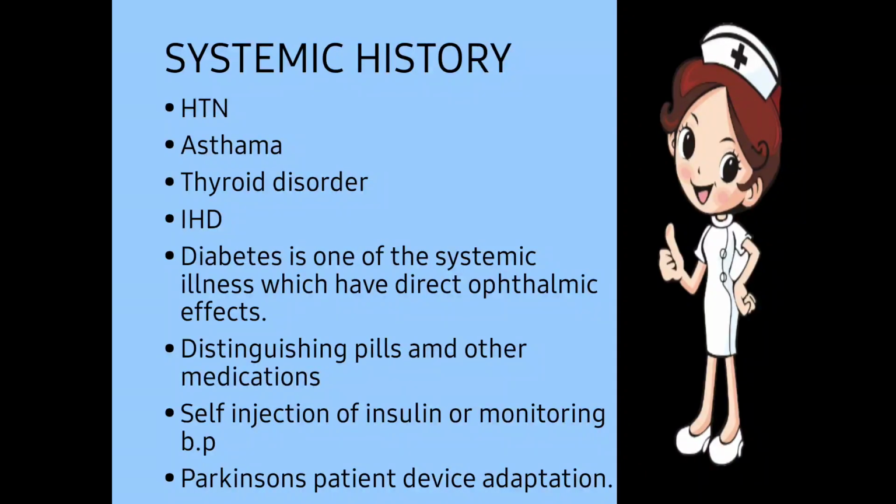Okay, this was the reason for asking about the systemic history of the patient: how the eye condition is there, how the patient is dealing with all these systemic diseases, as well as how he is supposed to deal with the eye condition. How long are the diseases there? As long as the diseases are there, they will badly affect the eye of the patient.